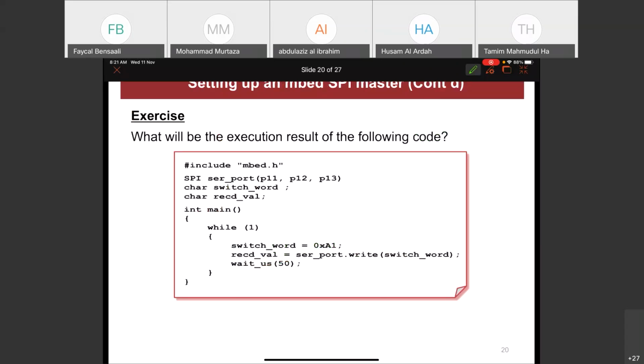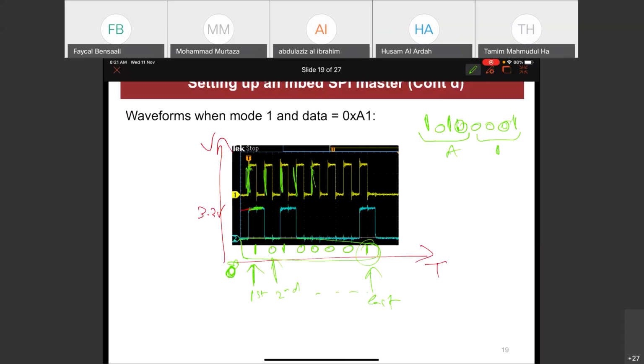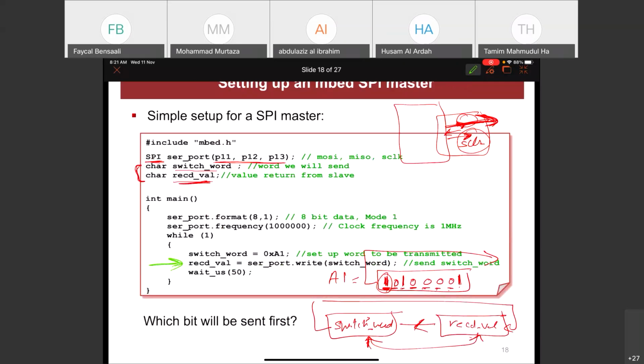I have a question. Yes. Regarding this, the wait statement corresponds to 1 over the frequency. Pardon? The wait time we use, it corresponds to the